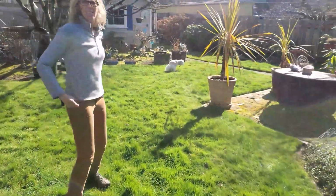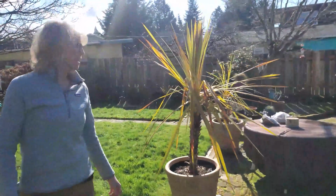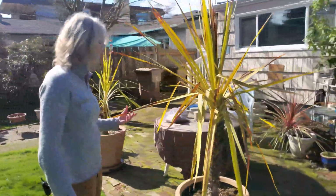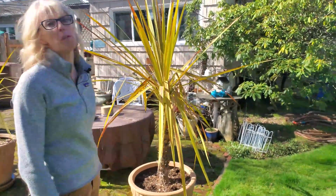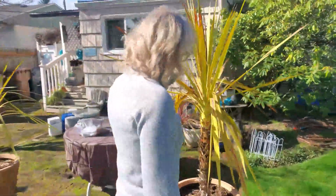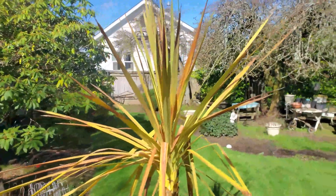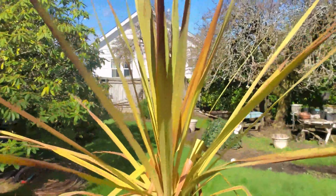Spoiler alert, they might not be too good. We're a little sad because we had some winter frost damage that we're kind of sure didn't... I don't know. We have a couple ideas. Here's one of our dracaenas, one of our favorite plants from our front yard that used to be bright, lush green. We had some really cold weather at the end of December, early January, and it basically fried